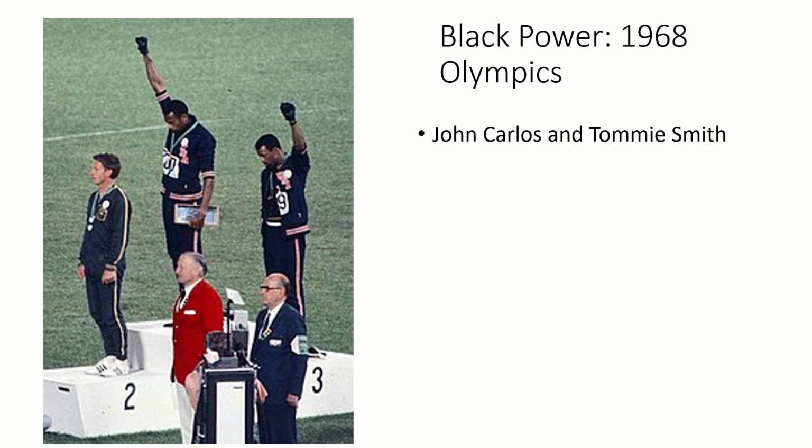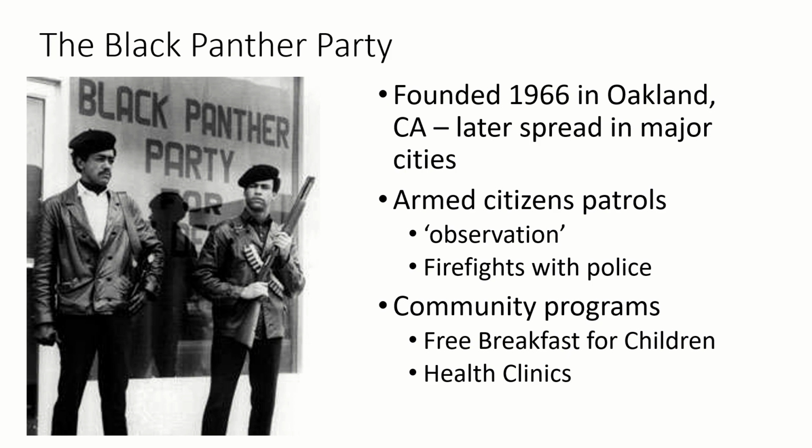And so Black Power is going to show up in a lot of places. It shows up in the Olympic Games, and it's going to show up on the streets of American cities. On the streets of American cities, the Black Panther Party becomes the very visible face of the Black Power movement. It's founded in 1966 in Oakland, and it begins as armed citizen patrols who they say are observing the police to look for any violations of the rights of African Americans. Inevitably, this leads to firefights with police, and so both sides are fueling violence on the streets of Oakland. However, the Black Panthers also said that you can't just defend your community, you have to build it up.